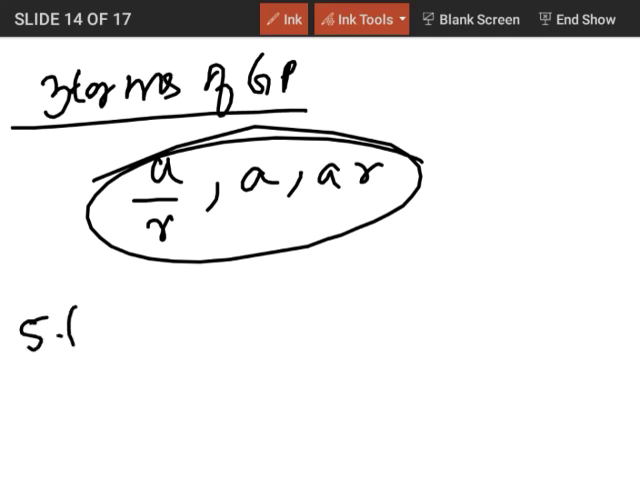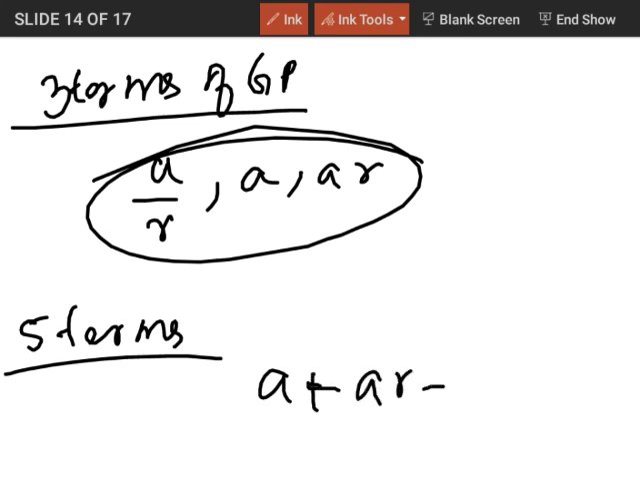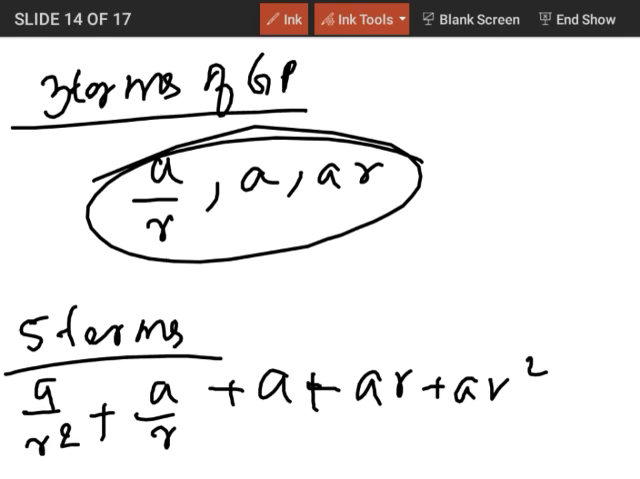Similarly, for 5 terms, the answer will be a as the middle term, then the next term will be ar, the third term ar square, and the previous terms will be a upon r and a upon r square. I hope that you understand why we are dividing by r. I hope that you understand, because see,